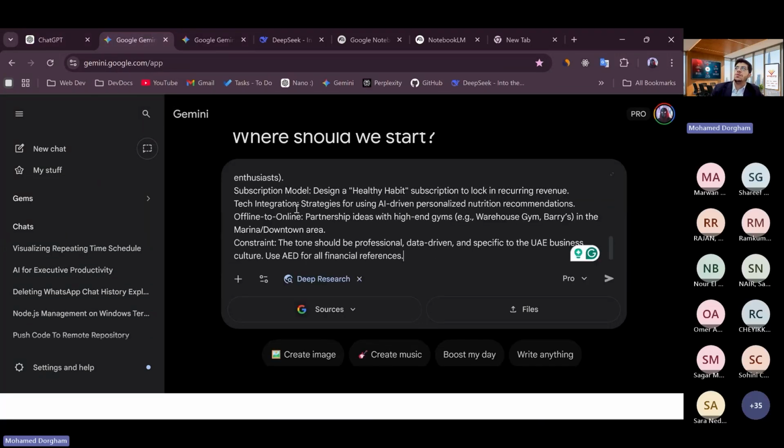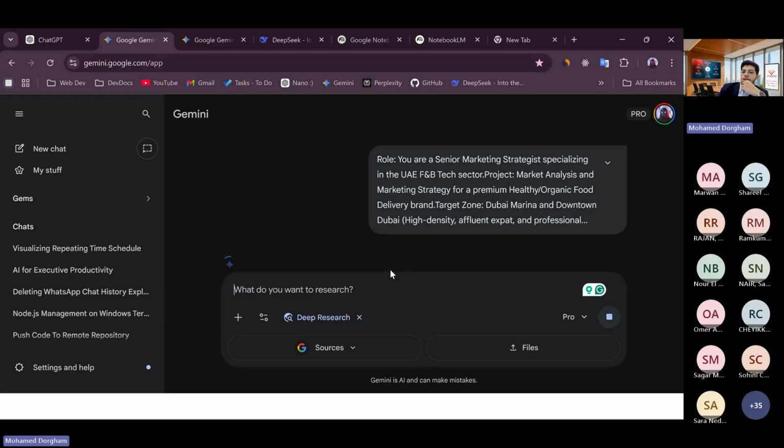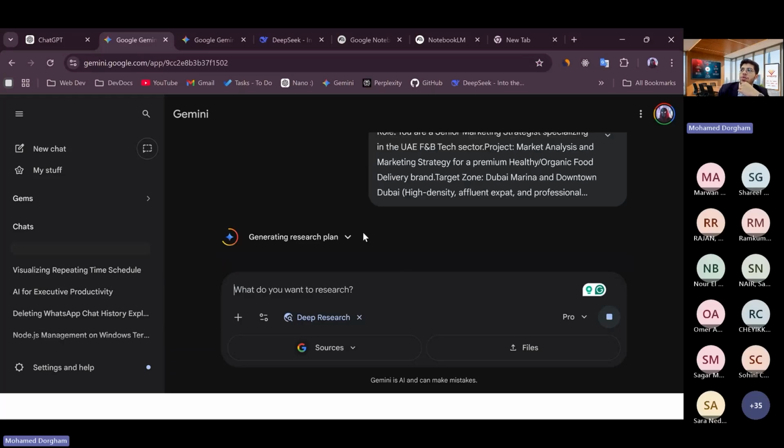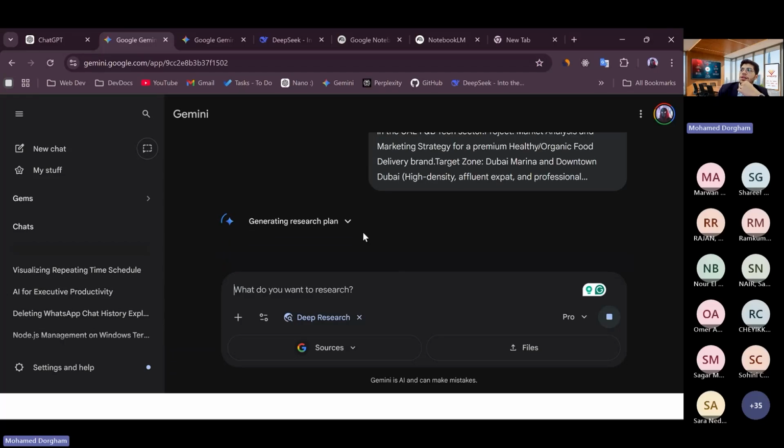So I'll go here, do deep search, and let's see. Hopefully the search will go very fast. As you see now, it refers to the sources we have, and it will generate some research information.